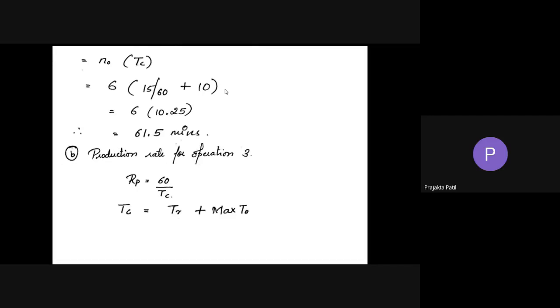See, what happens with respect to mass production, now, this example that we are talking about, if you can relate, this is a flow line type of mass production where you have these stations arranged in a certain sequence. So whenever we talk about mass production, the entire production line is set up in advance. So the setup time is usually not taken into consideration because that is done in advance. And once you start with the process, there is no time that is wasted in setting up the things again, because it's mass production. When it comes to batch production, what happens? You have, say, 100 parts produced in one go, and then you have to wait again